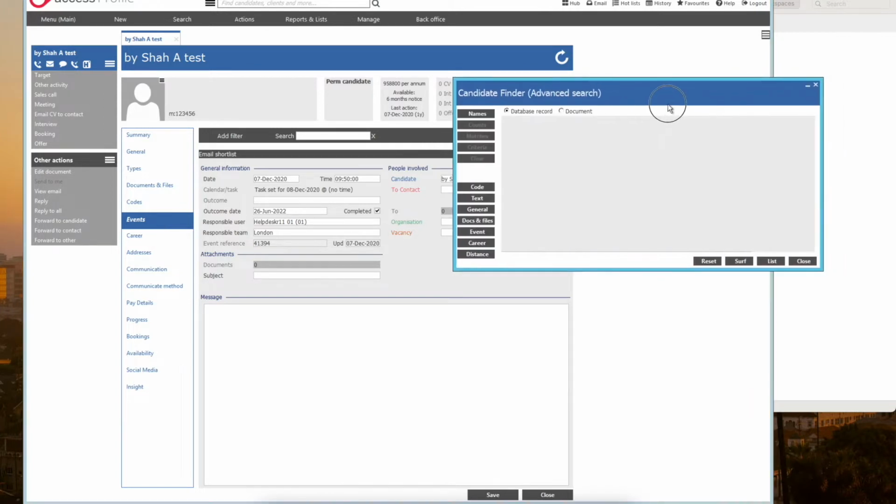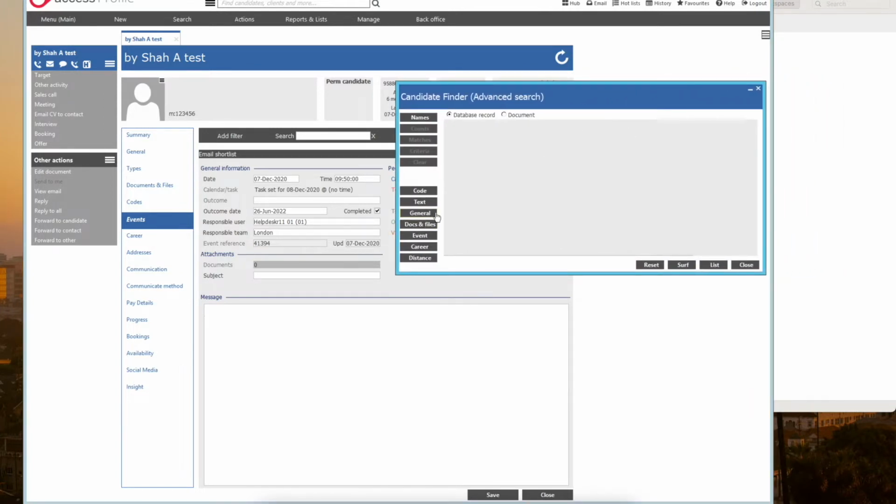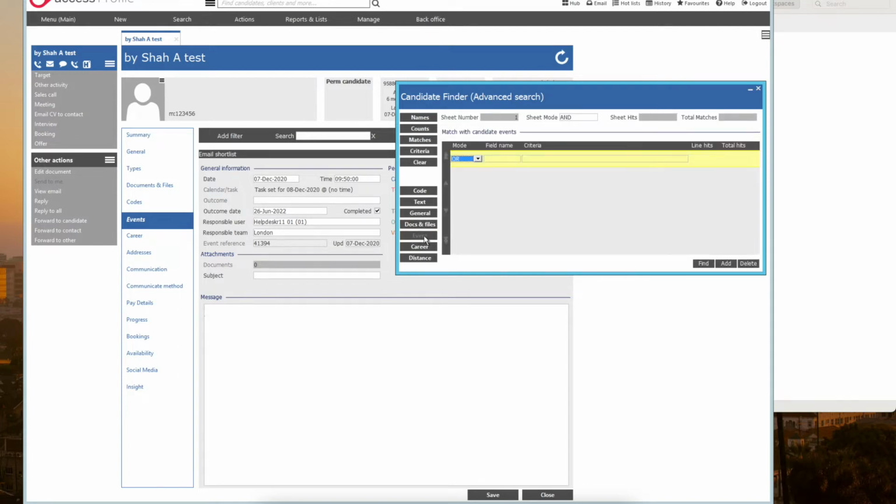So inside of the advanced search window here, we'd have to click on the events tab here. For the first line, it doesn't matter if it's and or or, so we'll just leave it as or. And then to search for the completed tick box or checkbox, scroll down to do completed,